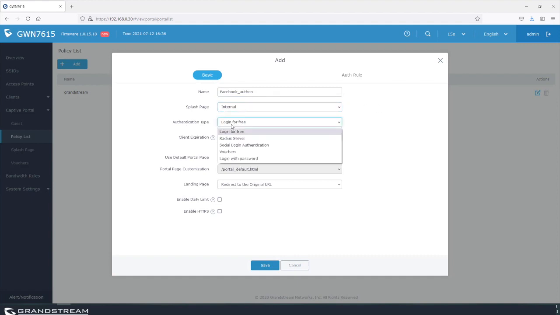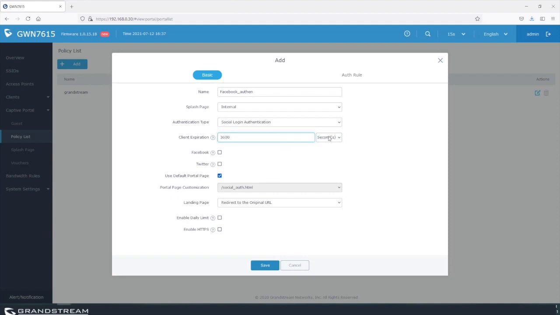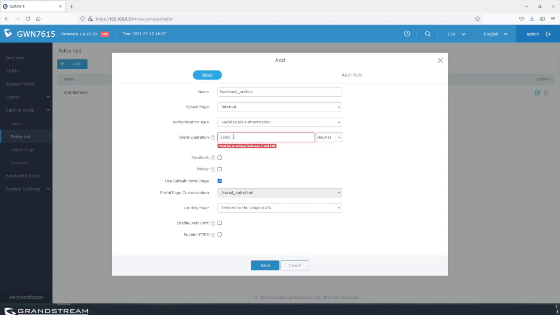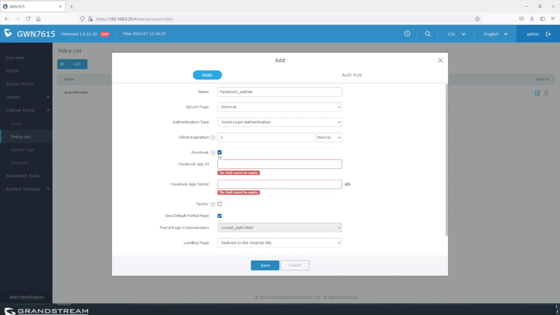And then the authentication type, I'm going to use social login authentication for Facebook. And client expiration specifies the amount of time that the user can have access to Wi-Fi after they authenticate using the Facebook login authentication. So in this case, we're going to put, for example, 360. You can choose seconds or hours. So in case you want to use hours, for example, you can enter 2 hours. Then we're going to use Facebook. Once you select Facebook, GWN is going to ask you to enter the Facebook app ID and the Facebook app secret. So I'm going to